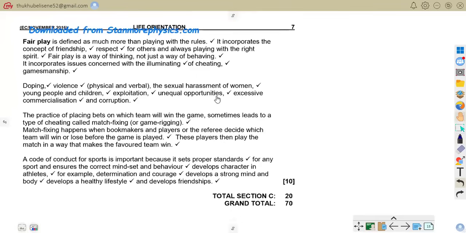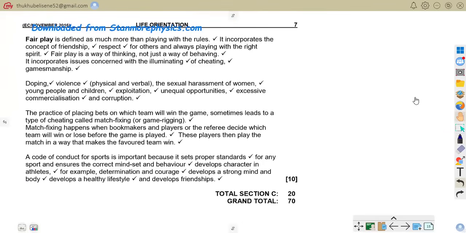Now coming to fair play again, it is much more than playing by the rules. It incorporates the concept of friendship, respect for others, and always having the right spirit. Fair play is a way of thinking, not just a way of behaving. It incorporates issues concerning humanity, cheating and gamesmanship, doping, violence, and sexual harassment of women, young people and children, exploitation and equal opportunities,